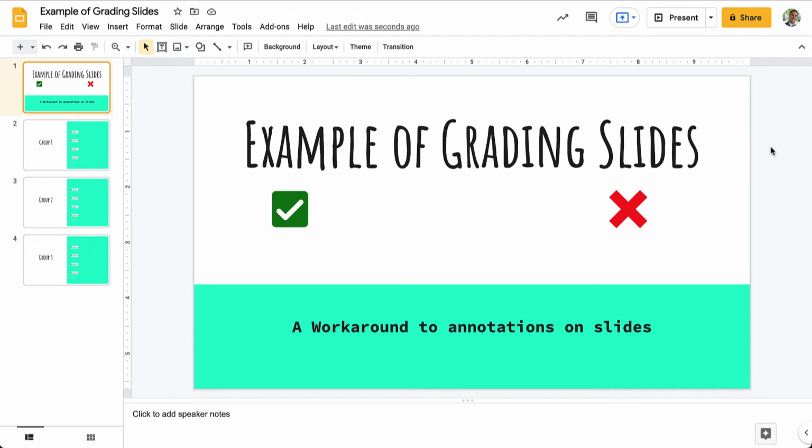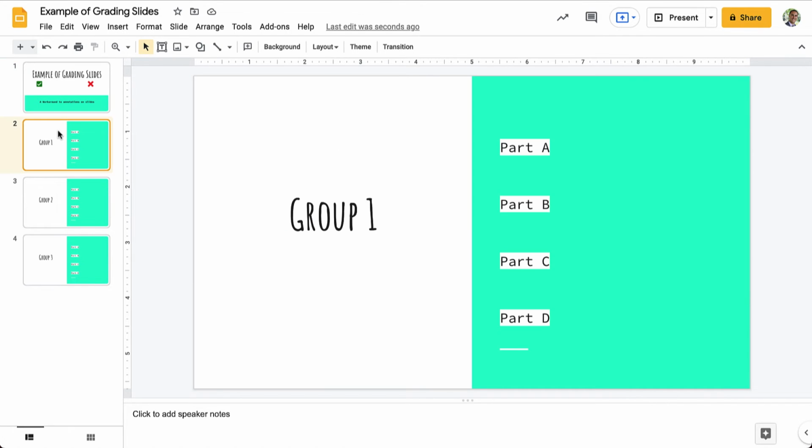In our example here, we have a group project where students are going to be working on individual slides with their group members. So for example, group 1 is going to be working on this slide here, group 2 is working on this slide, and group 3 is working on this slide. The goal or the objective here is to add some very quick feedback, just checks and X's for now. You can obviously change those to whatever marks you'd like, but we're going to use checks and X's for this